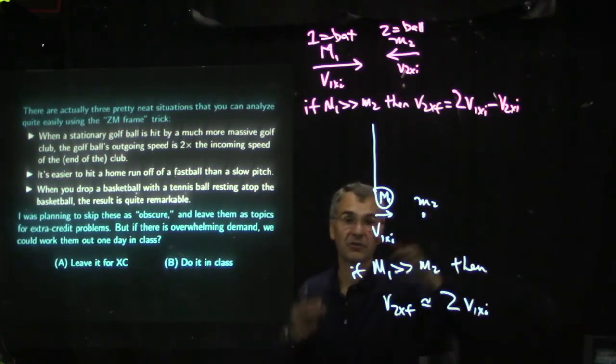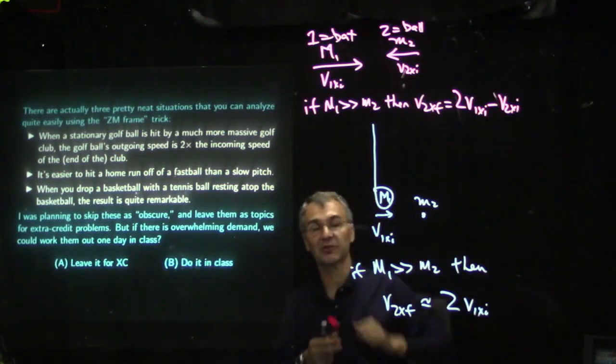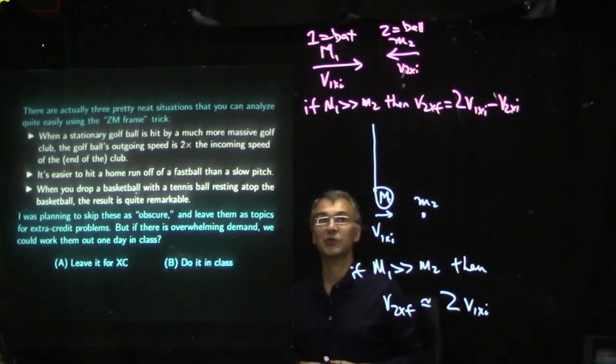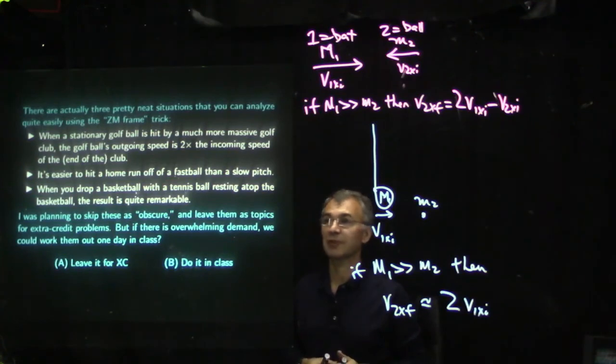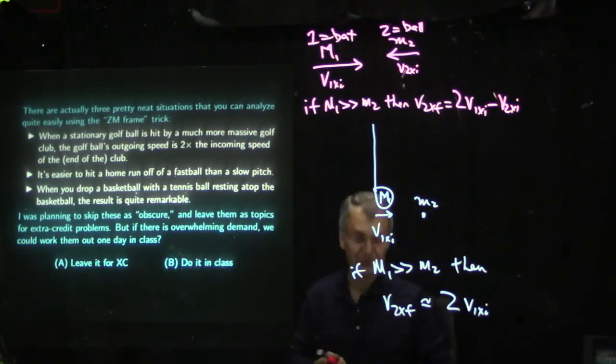So the minus sign means it's going from the batter back toward the pitcher and toward the outfield. So that's number 2. You can prove that also using the zero momentum frame trick. And then the third trick, actually this is really fun to see, and I have a little video clip of it, which is